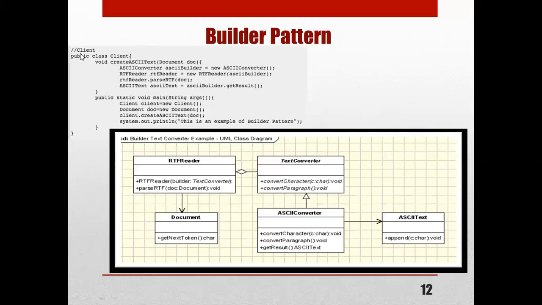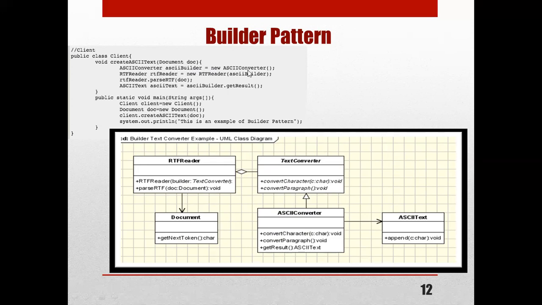Then next one is the client class. In the client class, we are going to call all the objects and their classes. Here, public class Client, then void createASCIIText. Here you can see the Document doc. That is the abstract object of that Document class. Okay. Then ASCIIConverter, then the object of that